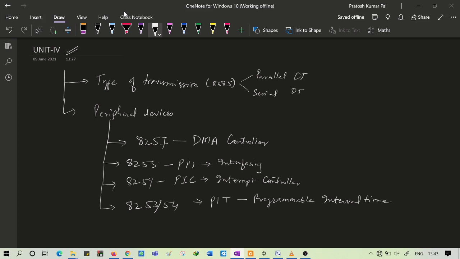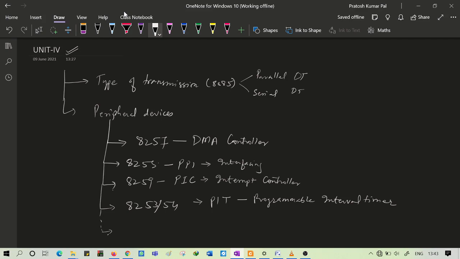Basically this 8254 is for timer. There are a few more, we will see those also. These are the different components of 8085, and we will be going one by one.